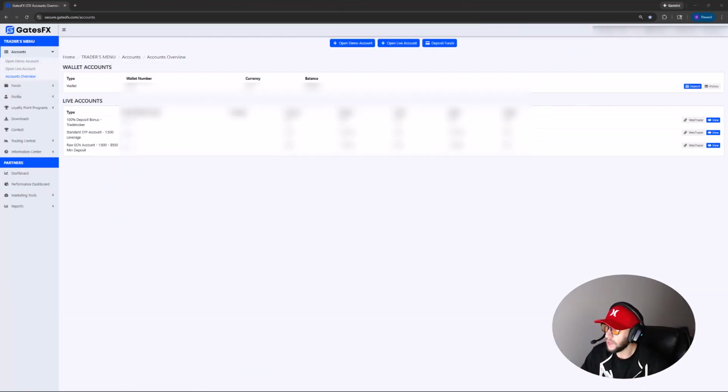So here is the inside of the Gates FX account screen, basically the platform. I have 3 live accounts. You guys can see right here I have live accounts, 1, 2, 3 of them, and then obviously my wallet. I've made other videos going over what all of this is, so check out those other videos on my YouTube channel. But I don't have a demo account, so what you're going to do is go